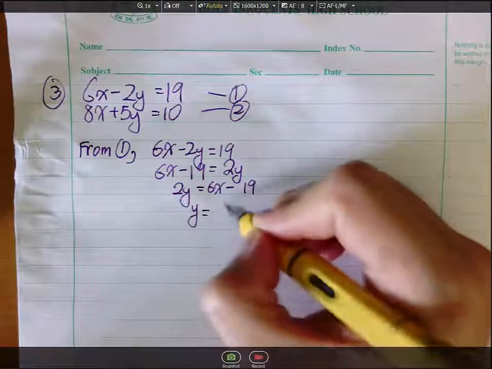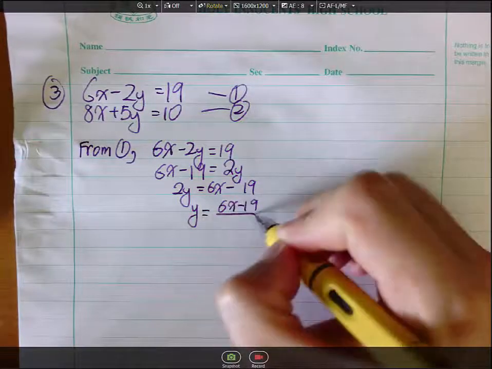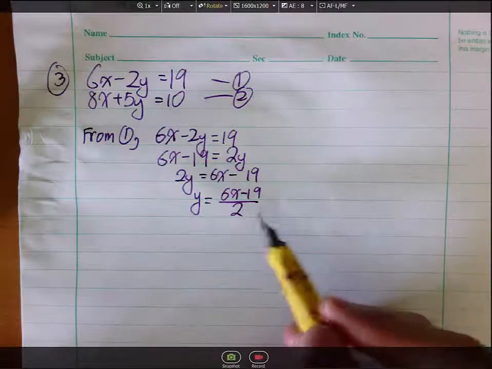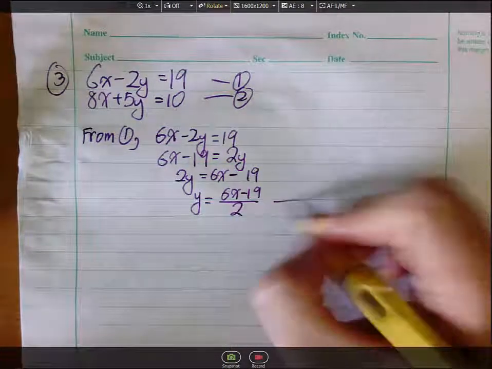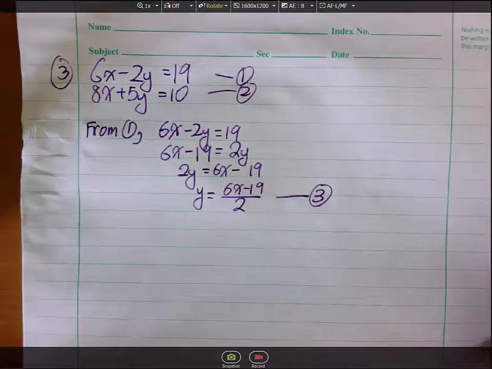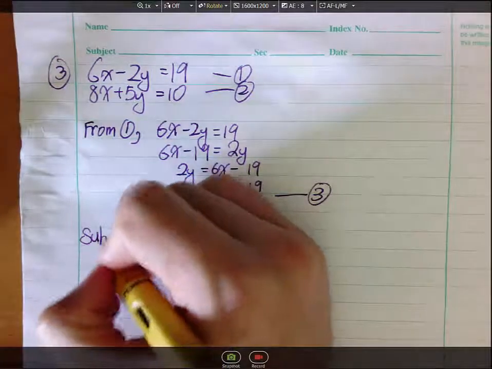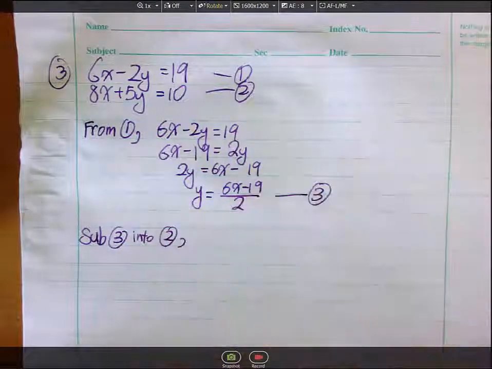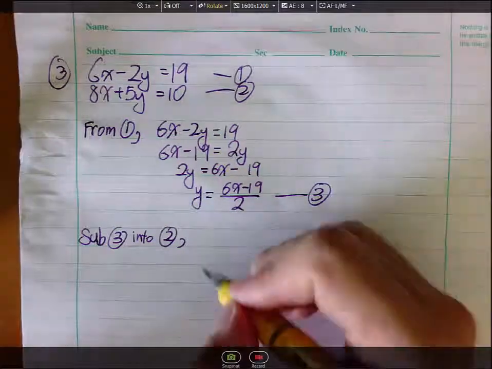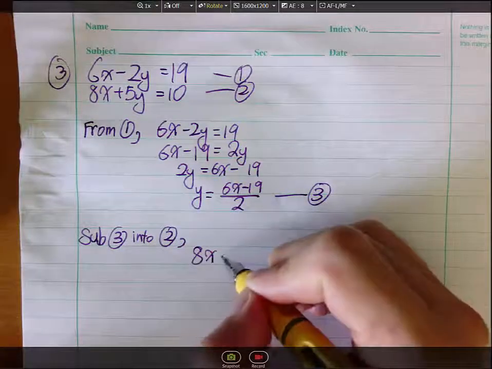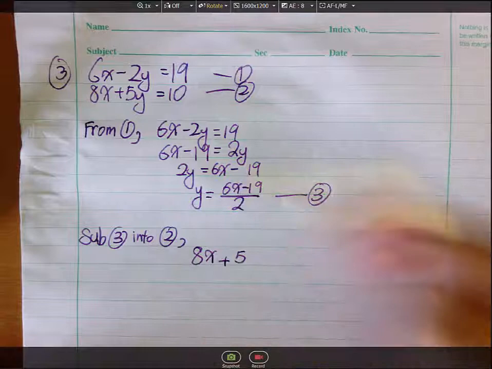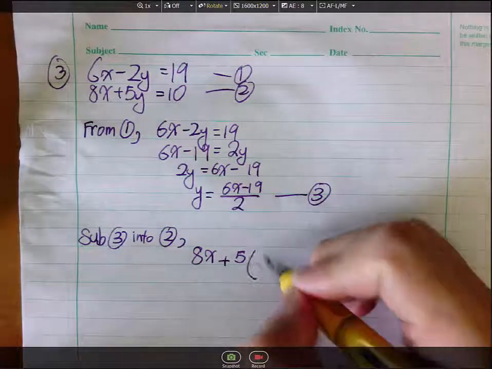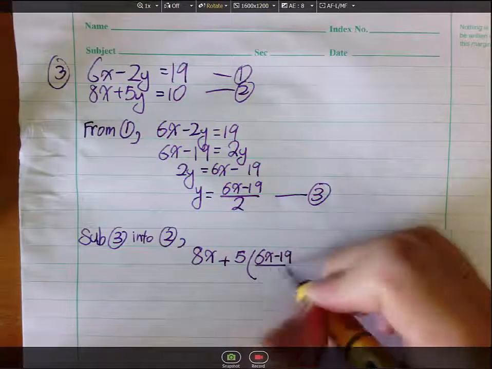So 2y is equals to 6x minus 19. Dividing both sides by 2, y is 6x minus 19 divided by 2. Okay, notice we have a fraction here. This is equation 3, but not to worry so much. What we'll do here is this. We'll sub equation 3 into equation 2. So what we have here is this: 8x plus 5, and notice that y is now replaced by 6x minus 19 over 2. So this will be 6x minus 19 over 2